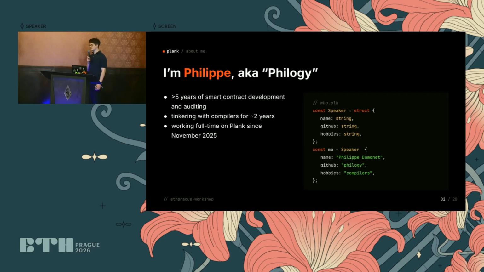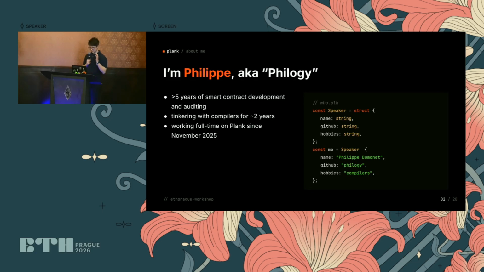My motivation is that, over the years working with smart contracts, primarily Solidity and Ethereum, I became quite frustrated with the tools, but more importantly, with how the tools were progressing. Since I started 5 years ago, it doesn't seem like that much has changed. We have Foundry now, so that side of the tooling is much nicer, but the language itself hasn't really changed. That has caused me a lot of pain, both as an auditor and developer, and I want things to get better, and I just wasn't really seeing it. So that's why I started Plank, this new language.